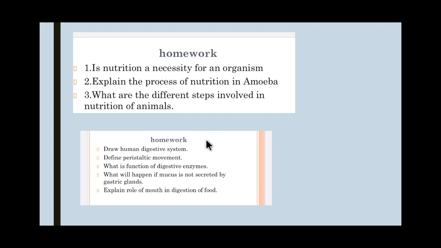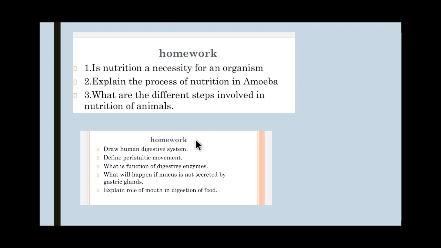Peristaltic movement is a wave of alternate contraction and expansion that passes through the gut from the esophagus to the large intestine, and it moves the food forward in a regulated manner along the digestive tract for its processing. That means it pushes the food forward, and it does not only occur in the esophagus, but it also occurs throughout the whole alimentary canal.